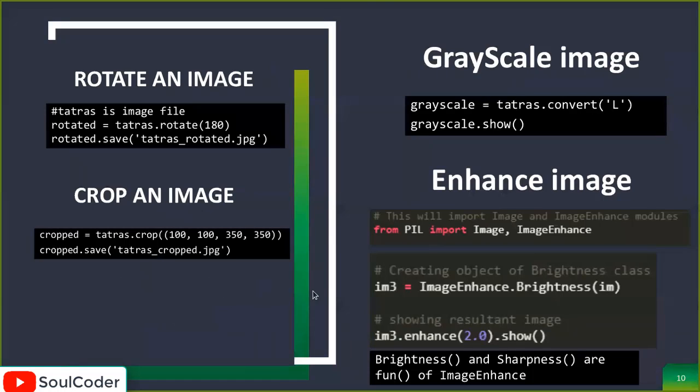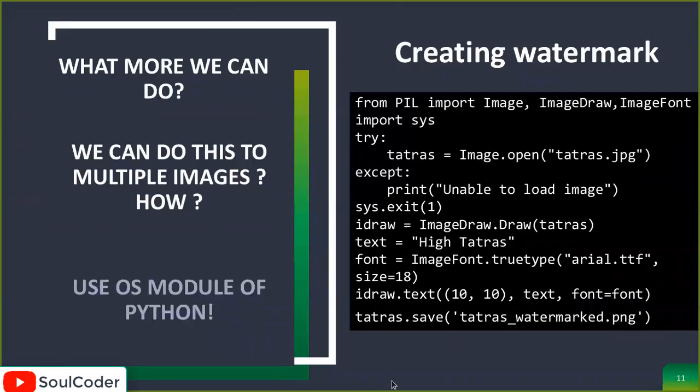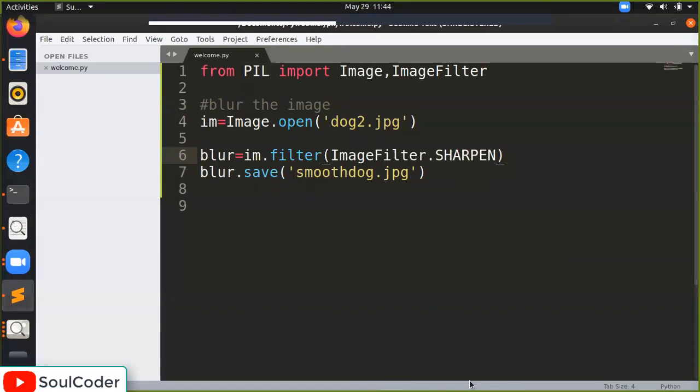First, you will understand how to rotate an image. I will add an annotation here. How to rotate an image? There is a simple function, rotate, and we can go 180. 180 you can call a flip image. I am making everything clear. Let's try it. How can we rotate an image?